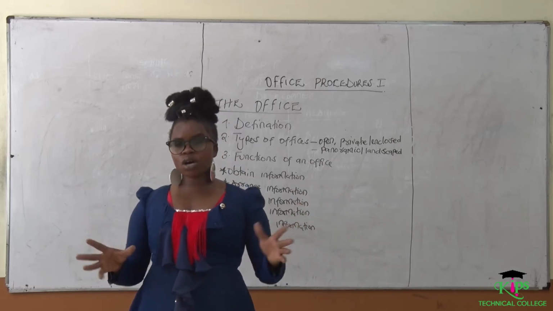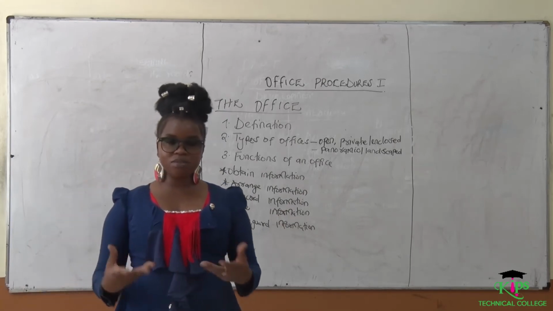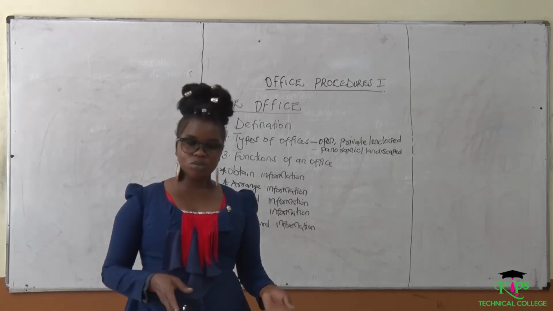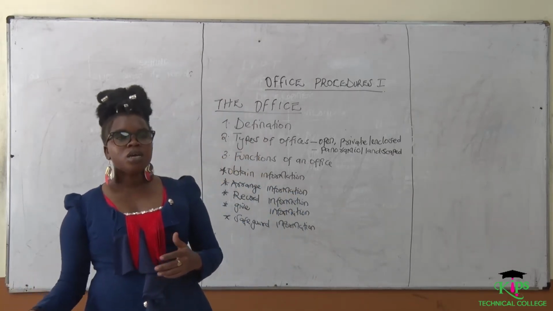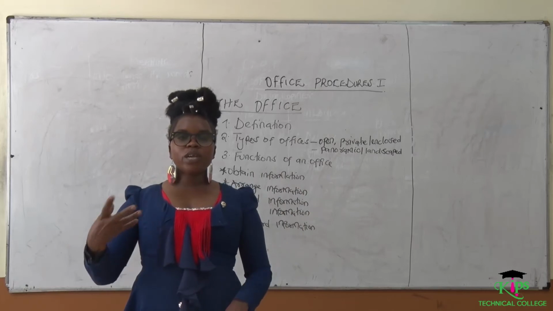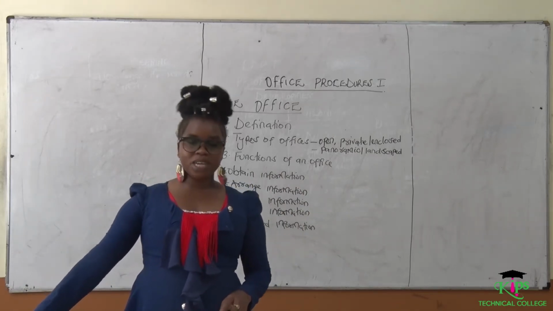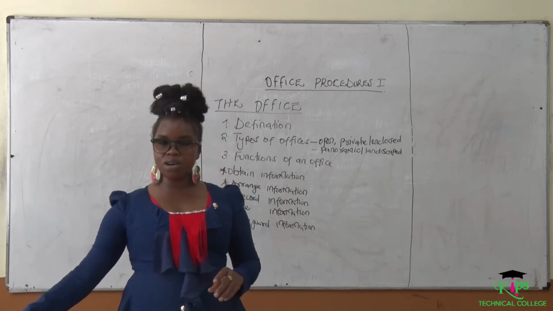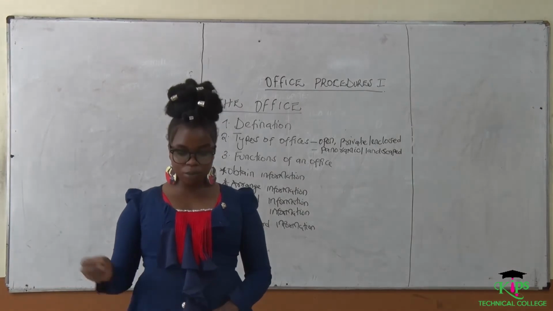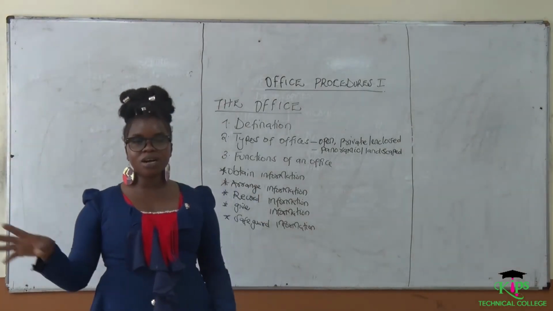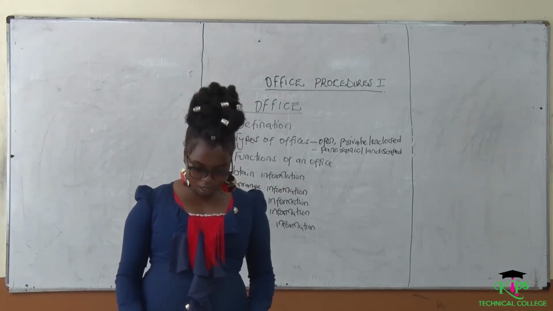So, for example, if you need proof of your fees, maybe they have issues that you are not going to get your resources because you still have pending fees. That way, they will be able to look for the receipts they used to give and keep about the payment of the fees, and retrieve the particular payment. Maybe you are claiming you paid through a bank, and this is the date and so on. They will be able to retrieve the same.